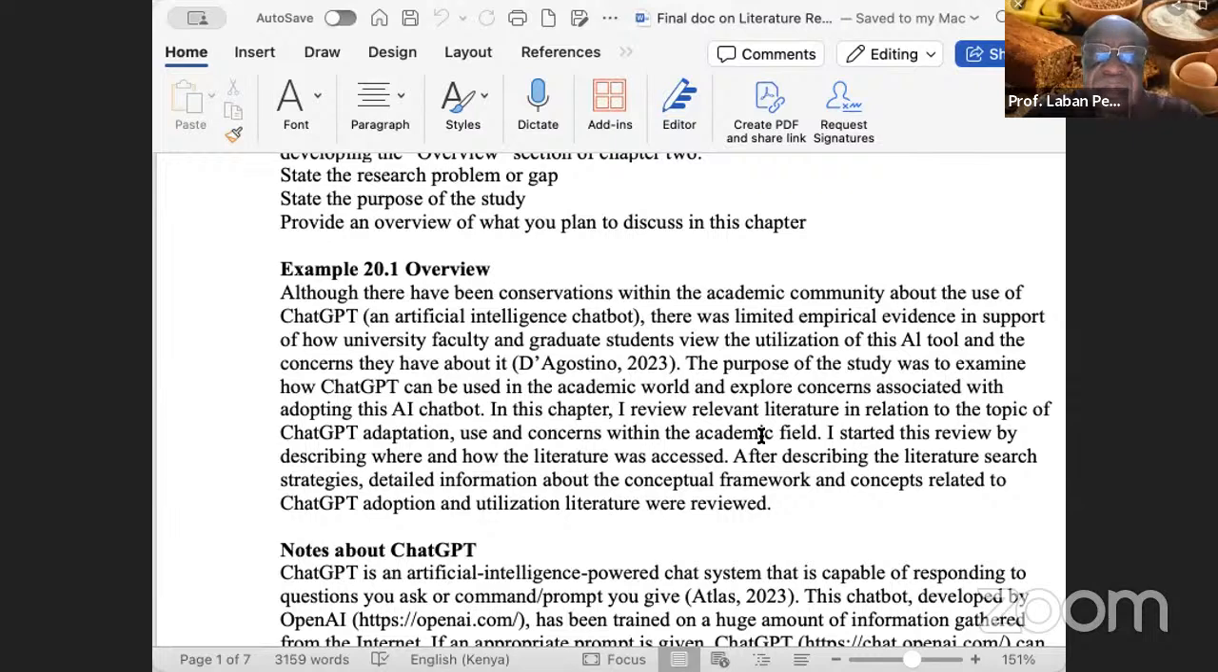Example 20.1 overview. Although there have been conversations within the academic community about